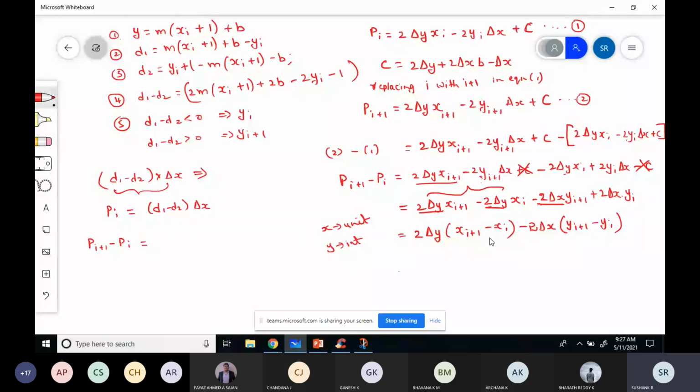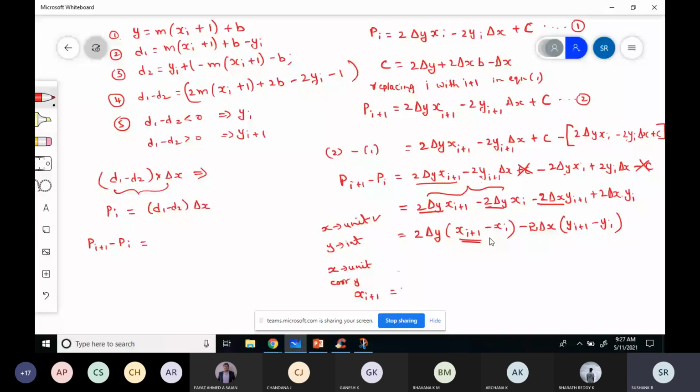Since x is moving in unit interval, we are calculating the corresponding y value. So in this equation, x of i plus 1 can be written as